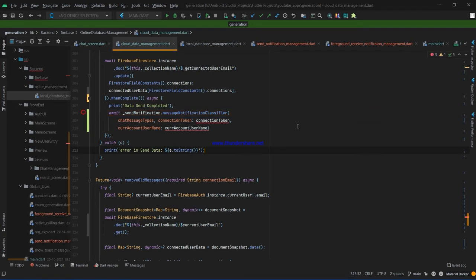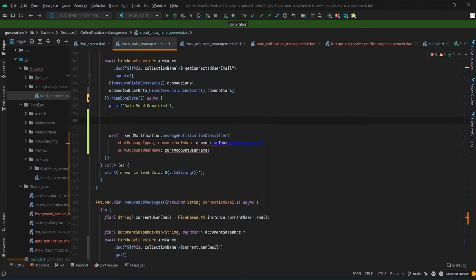Here I remove the bookmark, and in that, final current account username, so this will be an asynchronous process, and local database.